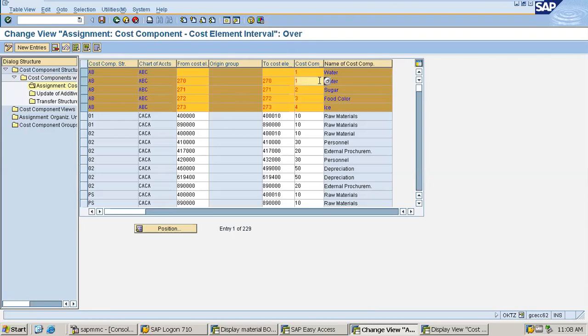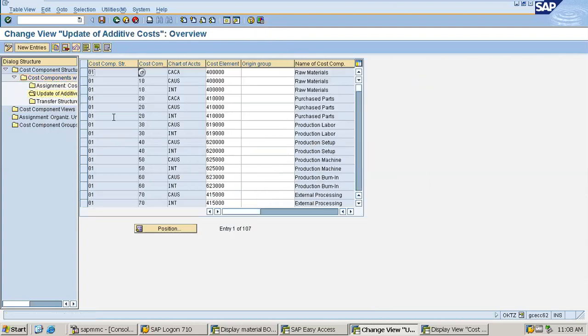Accordingly, as per the cost component views, you have to assign here. Means this range of cost elements will be falling under cost of goods manufactured. You have to assign your cost of goods manufactured here. This range will be falling under cost of goods sold, hence you have to assign them here. So by this way you have to define this combination.